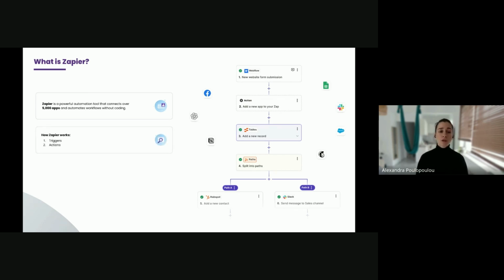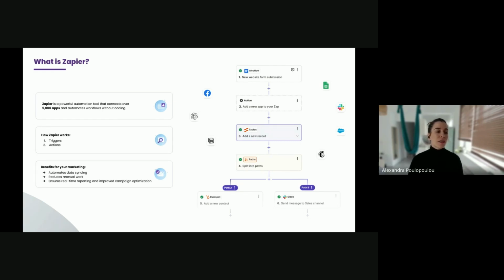How it actually works is very simple and straightforward. We have a trigger, which might be a new lead that is registered in your CRM, and then we have an action. What we want this lead to generate, for example, sending the information to marketing platforms. And why are these kinds of tools important and useful?